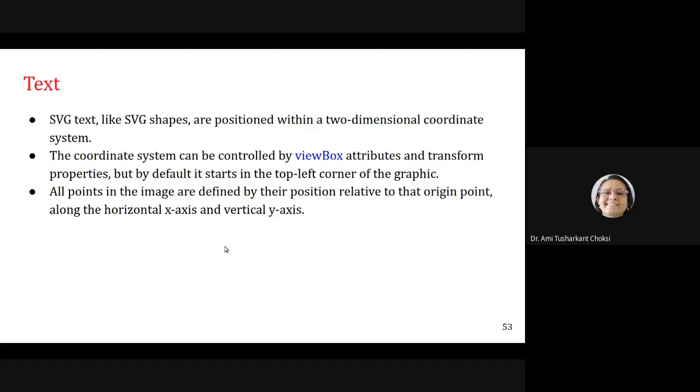So if we have the SVG here, then the left top corner is this one. That will be the starting corner of our graphics, right? All points in the image are defined by their position relative to that origin point along the horizontal x-axis and vertical y-axis. Fine, it is pretty obvious.